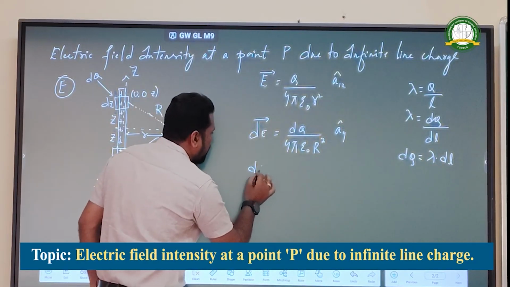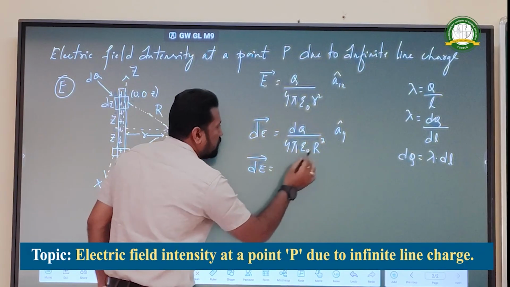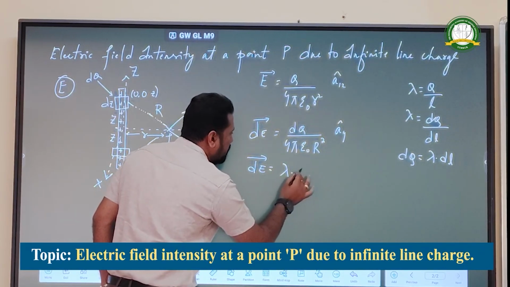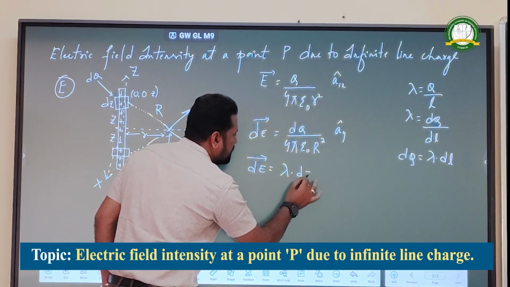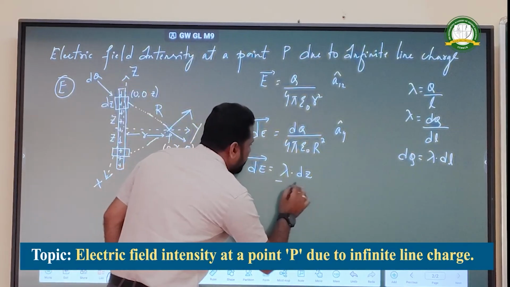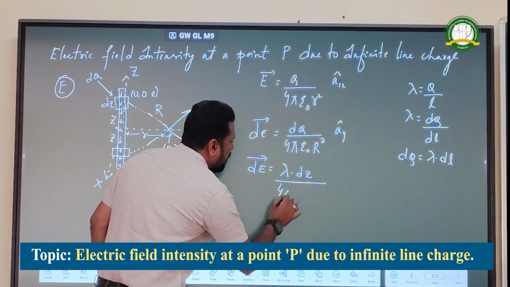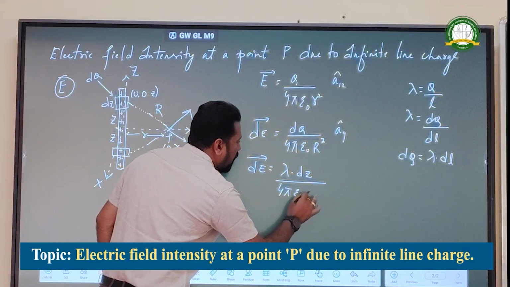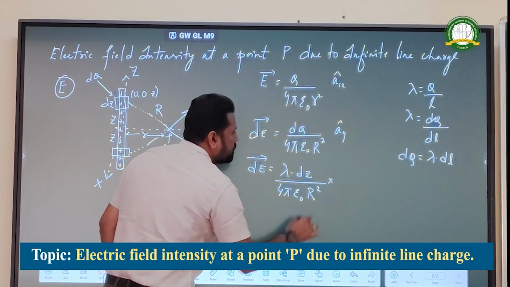Substituting dq, the dE vector is equal to lambda into dl, here it is dz, here we have considered dz, divided by 4 pi epsilon naught r square into